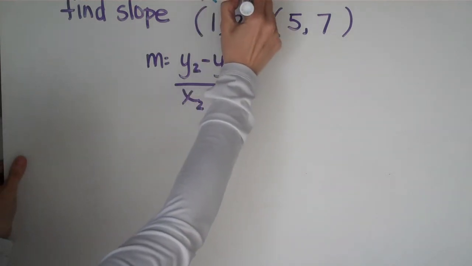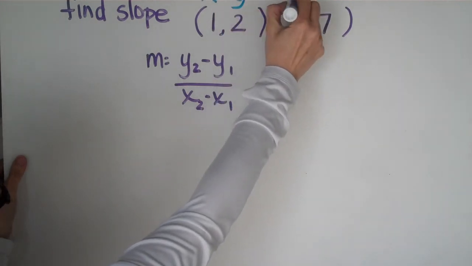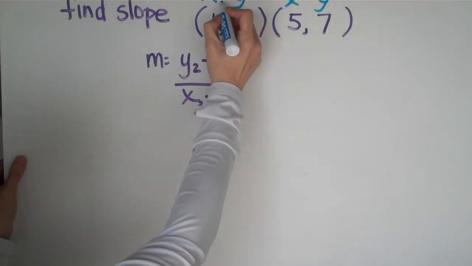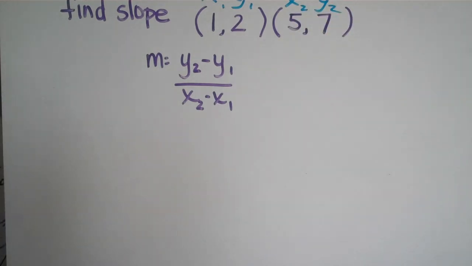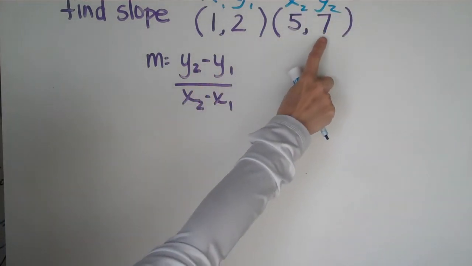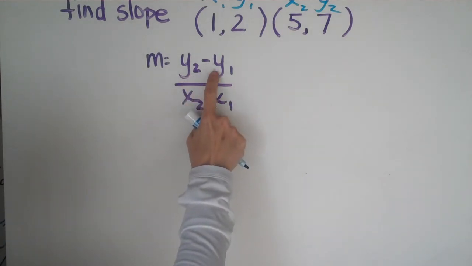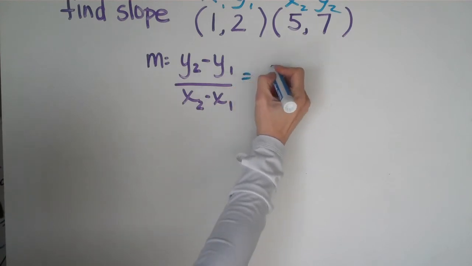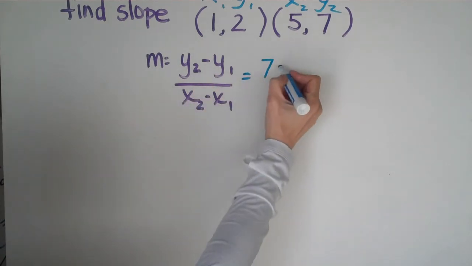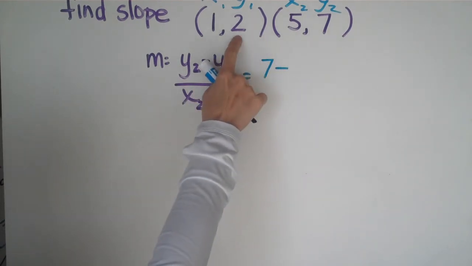So we have, this is an x, this is a y, this is an x, this is a y. These guys are the 1s, these guys are the 2s. Simple. Okay, so now we're just going to plug it in. It's y2 minus y1. So we're going to take the y2, which is a 7, minus y1, which is right over here, a 2,